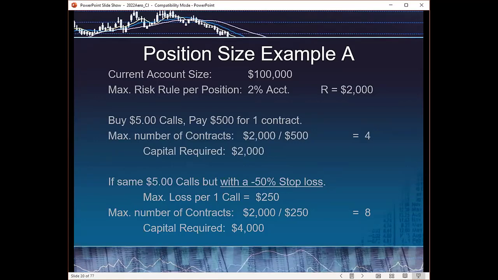And it's the same principle if you're a stock trader. A 2% loss, you may spend $20,000 to buy 100 shares, but your risk might be at $2,000. So the capital required doesn't have to be the same number as the risk. The important thing is you use and respect your risk exposure, no more than 2%.